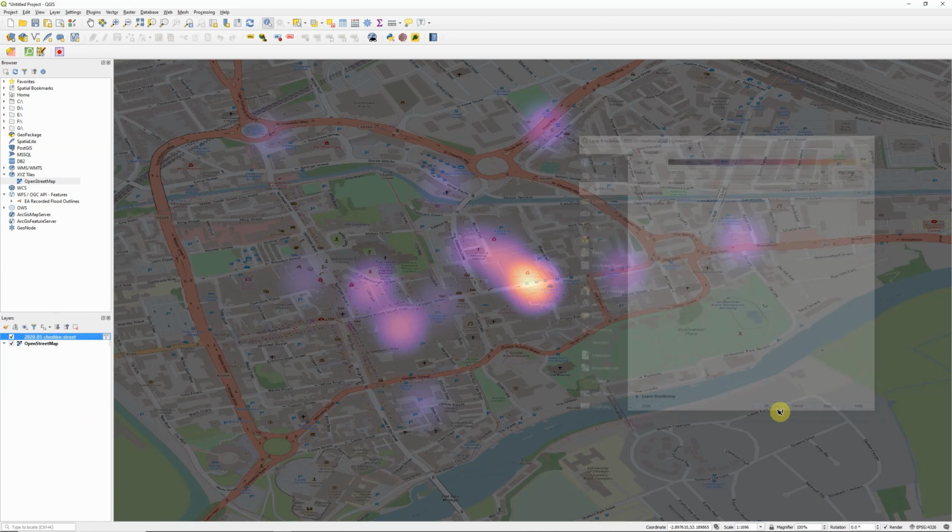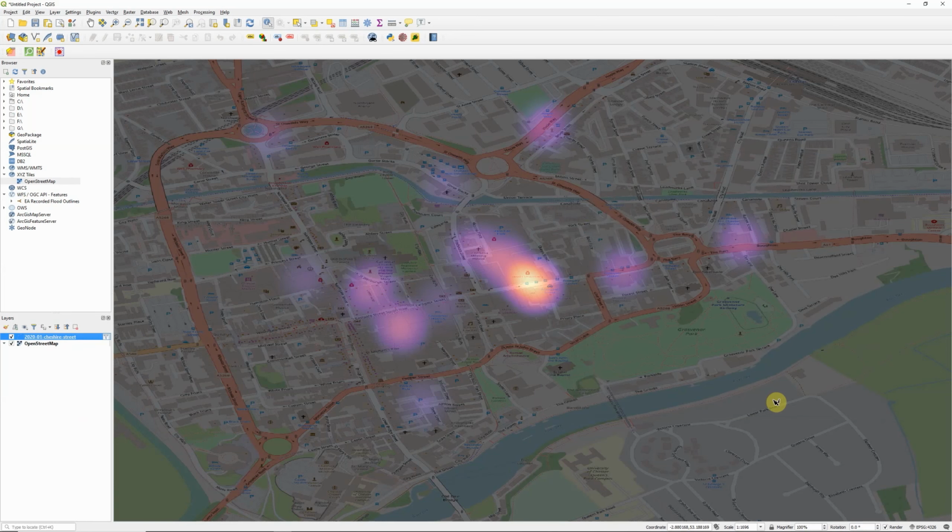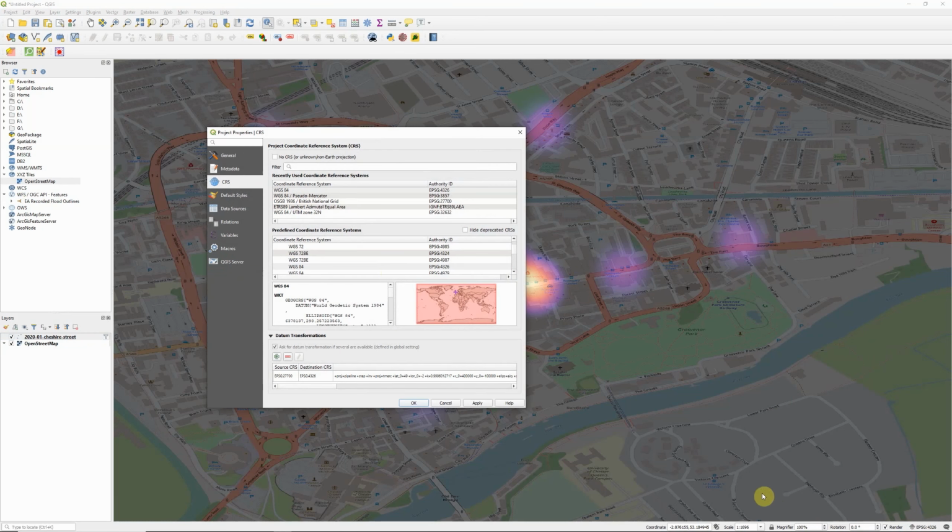But working in degrees isn't ideal. I don't know about you, but I find it very hard to visualize in my head how many degrees it is from one end of Chester to the other when it's tiny fractions. So this is where changing coordinate systems becomes very useful. So if we click down in the bottom corner here again where it sets, so CRS stands for Coordinate Reference System. So if we want to change the coordinate reference system for our map,